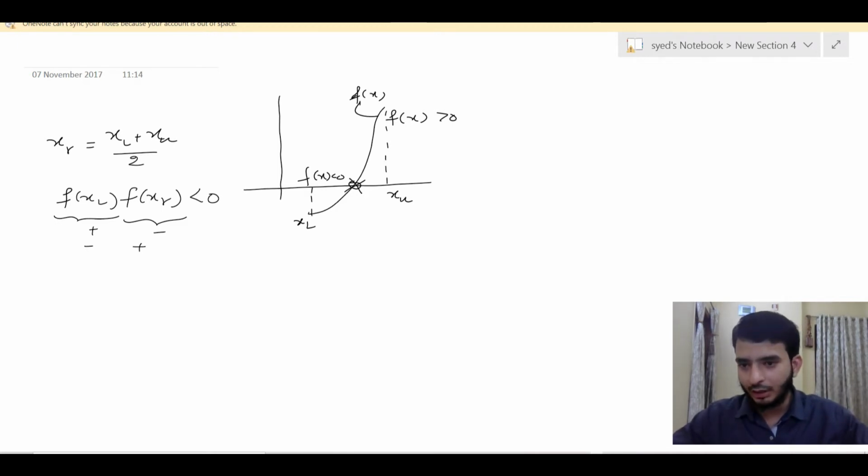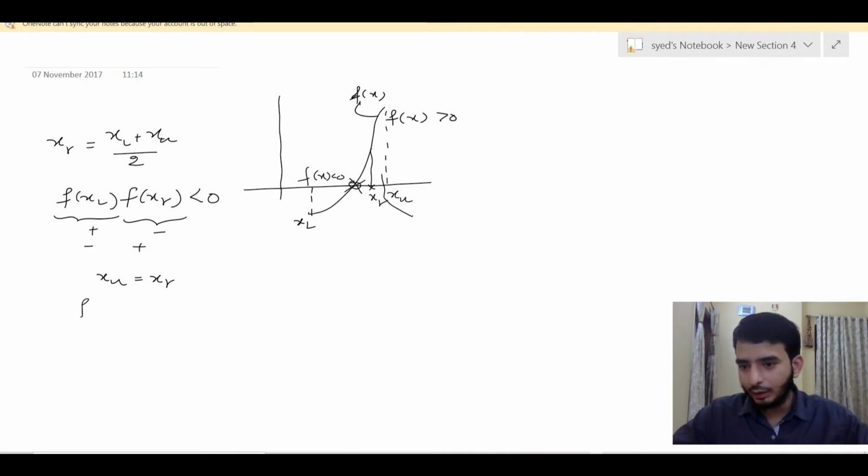Then if f of xl into f of xr is less than 0, meaning if this is negative, then this must be positive, right? So our xr is somewhere here. This is xr. So we remove this xu, and instead of xu we take xu equal to xr, and then follow the same procedure.